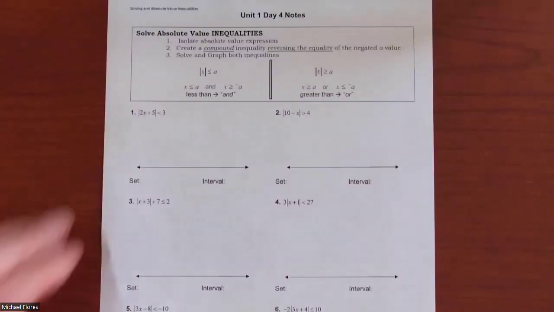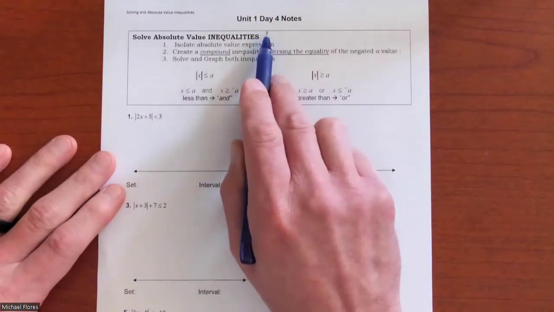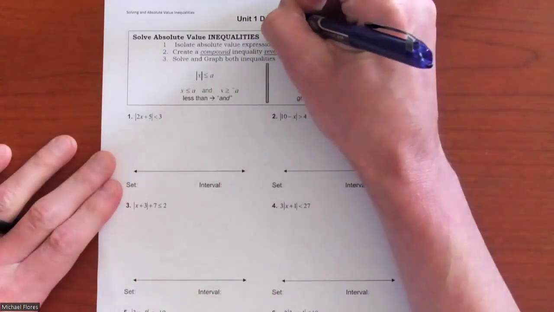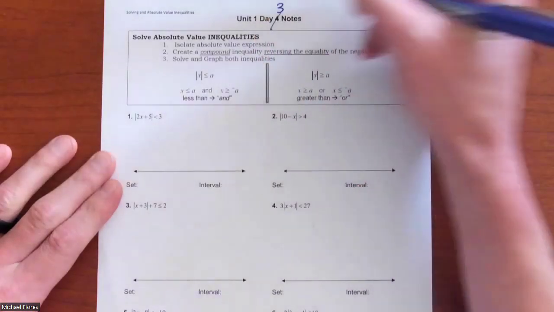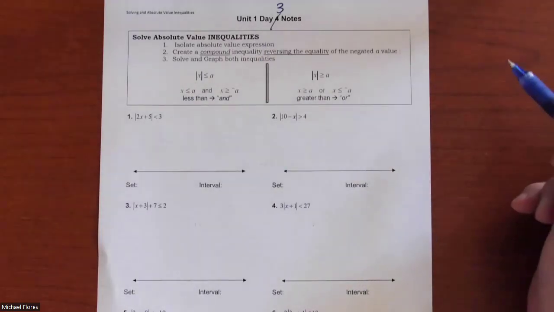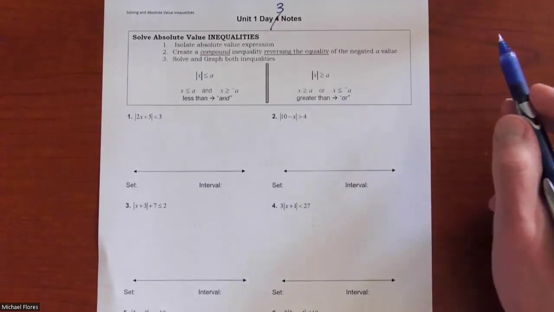Okay, it's something that you might need to do first. If the top of your notes says Unit 1, Day 4 notes, scratch that out and put Day 3. We're actually on Day 3 now. Solving absolute value inequalities. I'll let you read through that on your own, but something that I really want to